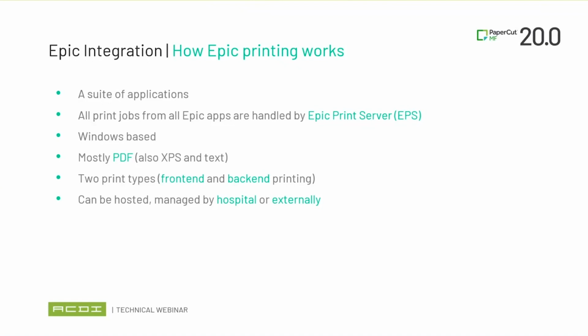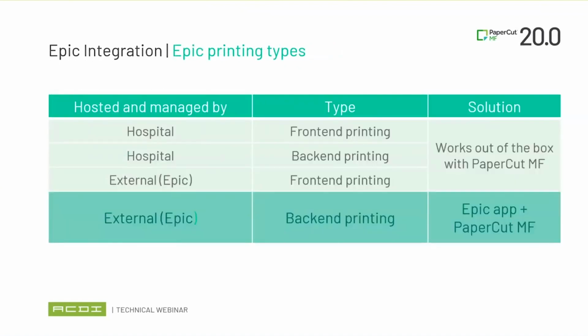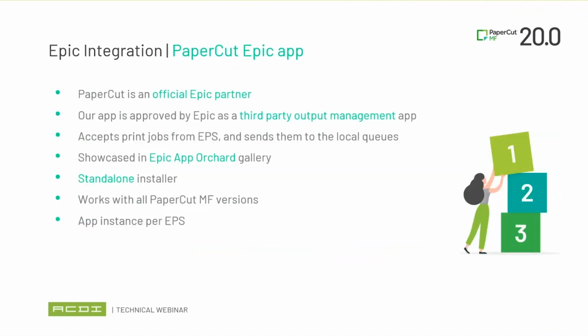Epic systems can be managed locally at the hospital or externally with a cloud version of Epic. And as you can see, PaperCut has always worked out of the box in most instances of Epic. It's the back-end printing when the Epic Print Server is hosted externally where we've had the issues in obtaining username info for the purpose of secure printing and tracking. Well, PaperCut now has an official app in the Epic App Orchard Gallery to accomplish just that, back-end printing and